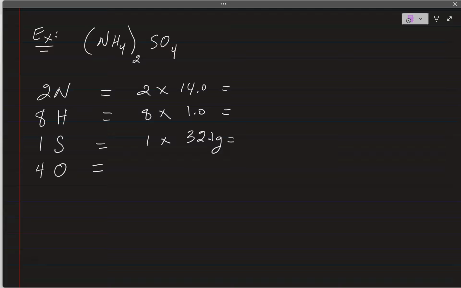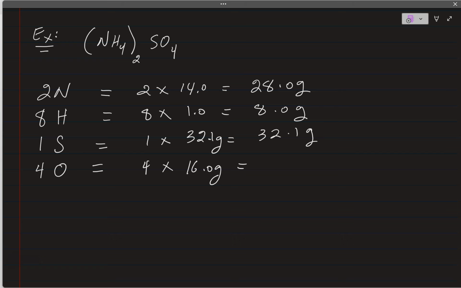And 4 times oxygen, 4 times 16.0 gram. That's the atomic mass for oxygen. And then you have to do the math. So that's 28.0 gram. We have 8.0 gram. We have 32 times 1, that's 32.1 gram. And then we have 4 times 16, which is 64.0 gram. All right, now that we have this, we're going to add them all up, and that would be